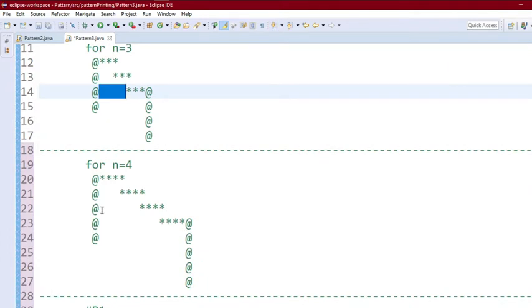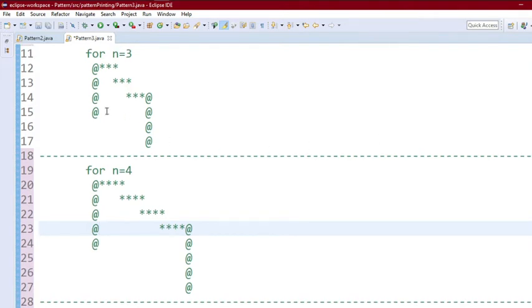First there are 3 white spaces, then 6 white spaces, and in the third line there are 9 white spaces. That means the white spaces increase in multiples. The first time it is n minus 1, then n minus 1 into 2, then n minus 1 into 3, and so on. After applying this method we will easily be able to print these white spaces.